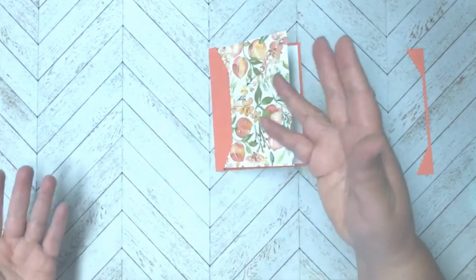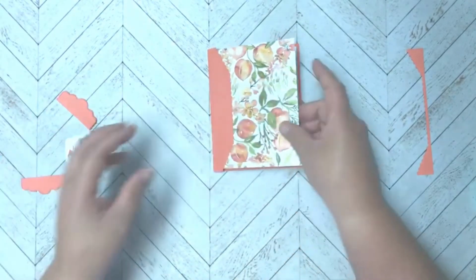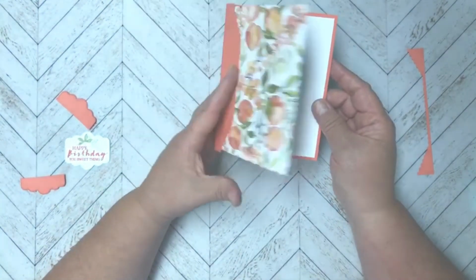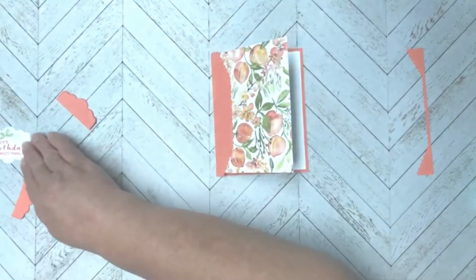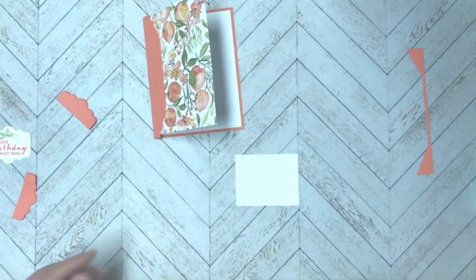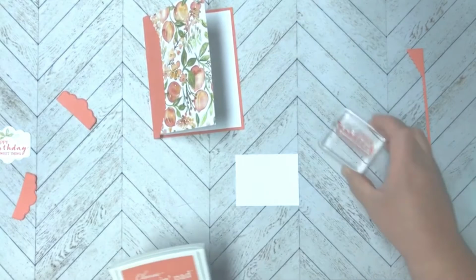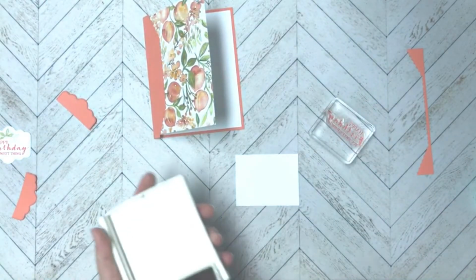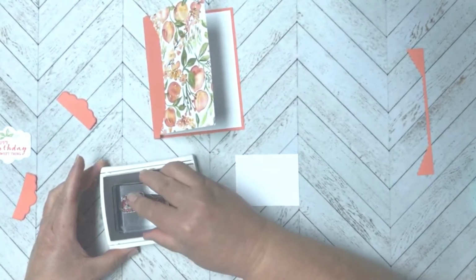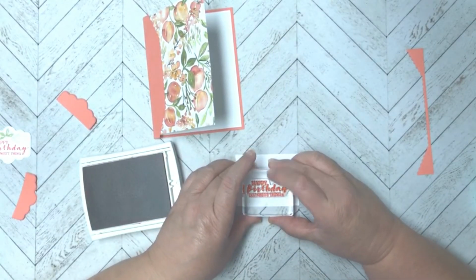Now, this card is going to be real simple because all I want to do now is add a sentiment on the front because the designer series paper, what I love, just really makes the card. So I went ahead and I took a piece of scrap basic white and I took my Calypso Coral, and we're using the sentiment from the Sweet Strawberry, and it says, "Happy birthday, you sweet thing." And so all I did was I inked it up and I stamped it on here on my scrap piece